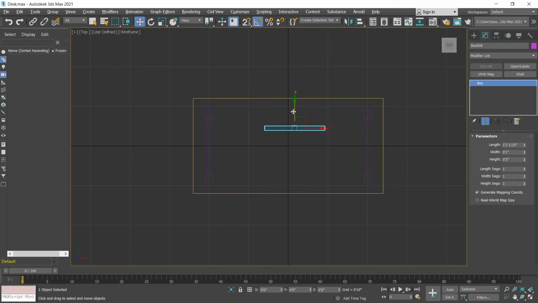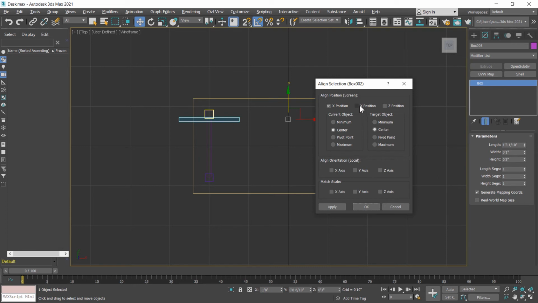And place in the center of this leg. First I center from the X direction by clicking on the up and down arrow keys. Then press Alt A and align to center for this object. And make sure Y axis is selected.